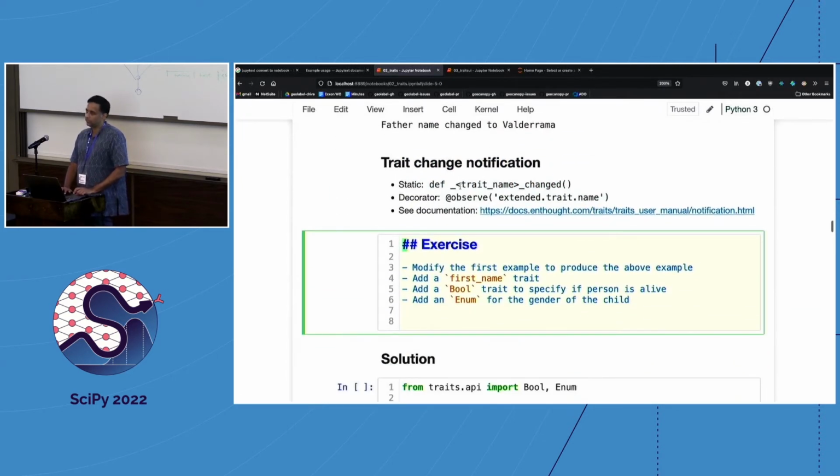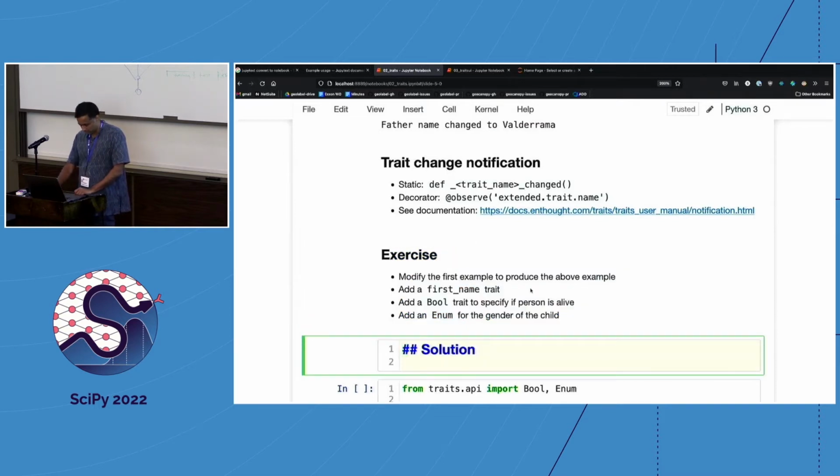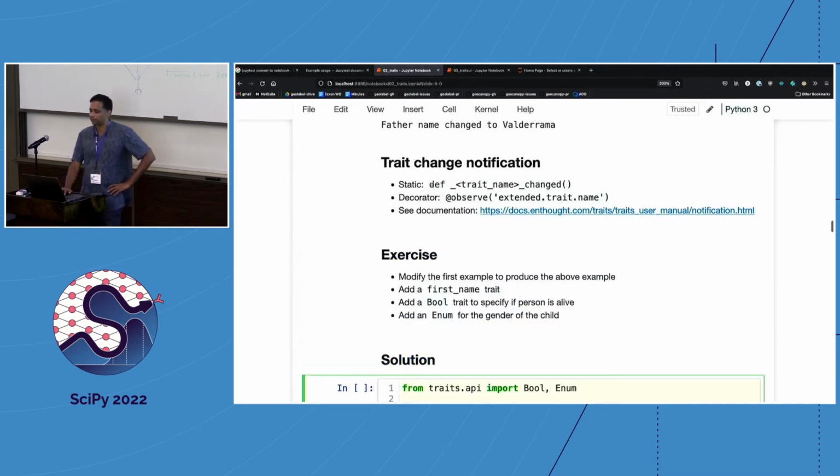So again, a recap. There are these two things here. First is the static trait change handlers, which is trait name underscore changed. And the other is a decorator-based approach, which could work with any function, any method that you have. And this has this extended trait name syntax. And if you want to learn more about the names possible,